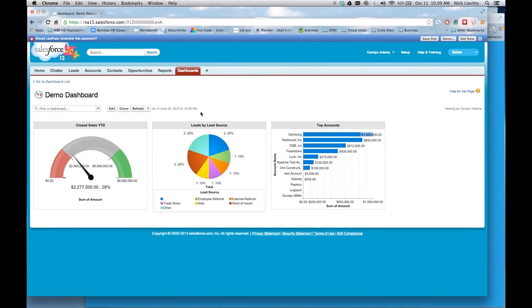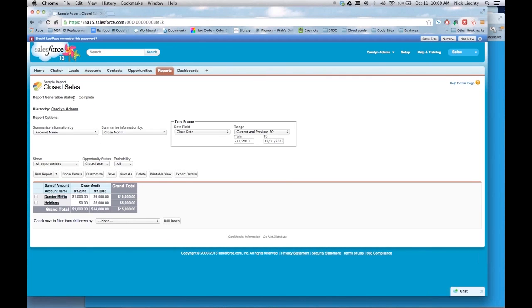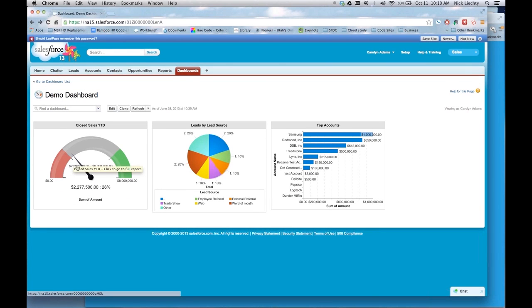Dashboards, just to give you a definition, are a visual representation of one or more reports. So here, this dashboard has 3 components, and this represents 3 different reports. If I was to click on this component, it would take me to that closed sales report, which is feeding the data. We can see here that it is summarizing data, the sum of the amount. The grand total is $1,500. If I go back using the back button to that dashboard,